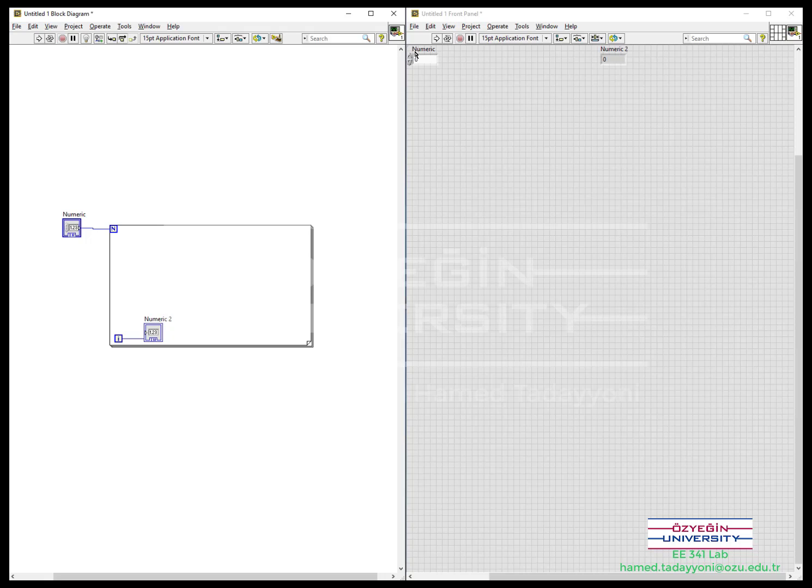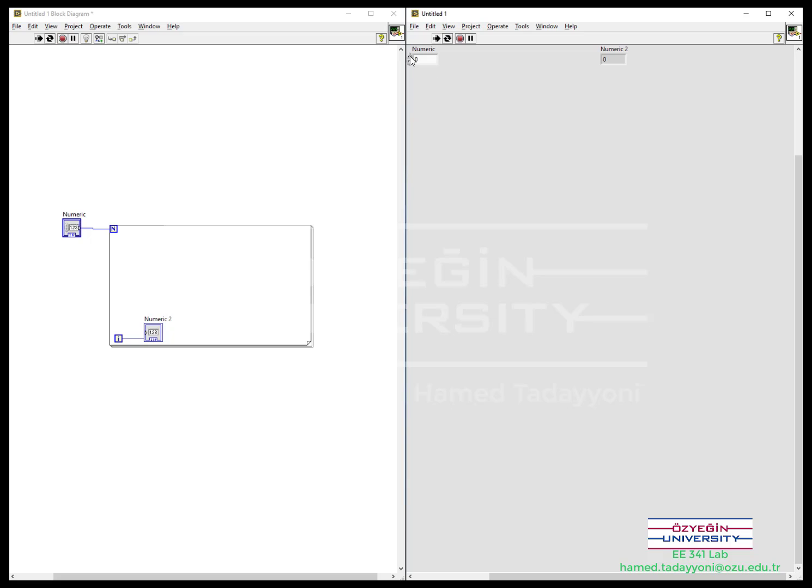So you see this numeric, which is this one, is the loop count. You see, it is set to 0. It means that this for loop should not be done even once. So we run this. This is 0, and I put it to, for example, 10,